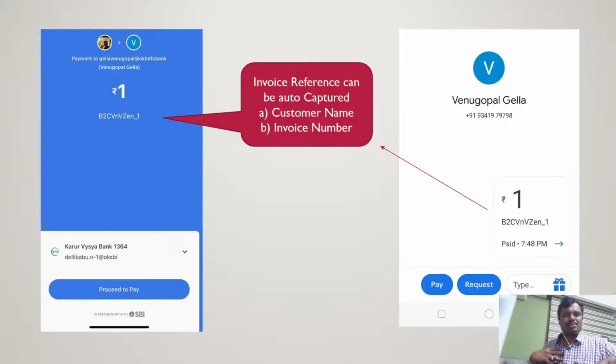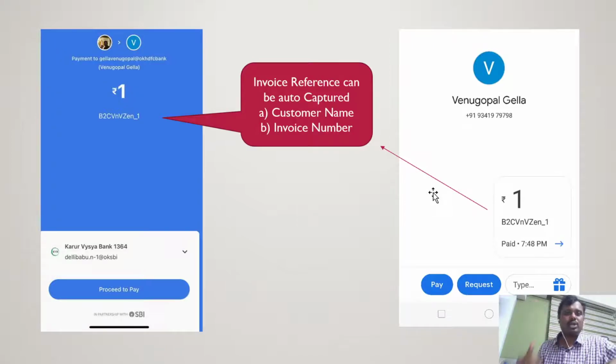From the seller perspective, when he receives the money, he would also be able to see it. Like here you can see, there were 2 payments made. I've just captured the 2 different screenshots, and you can clearly see a narration which has the supplier, the recipient name, the invoice number and the amount. It is clearly visible both to the recipient, and upon making the payment it would be visible to the supplier.